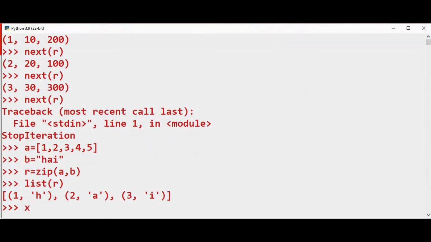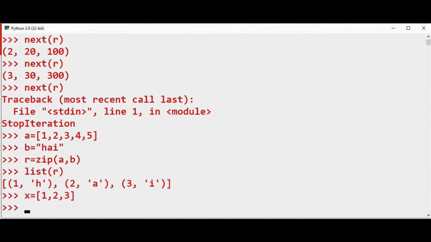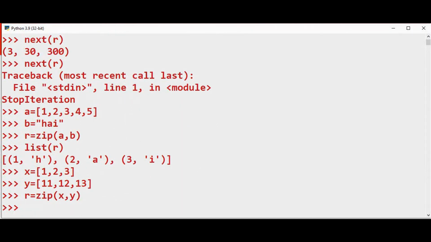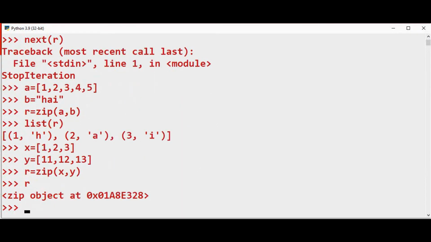We have x equal to 1, 2, 3 and we'll have another list y equal to 11, 12, 13. Now I will generate the zip object R equal to zip, passing x comma y. So now R is actually a zip object.